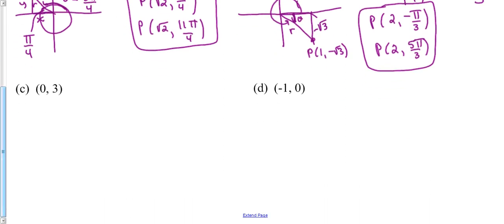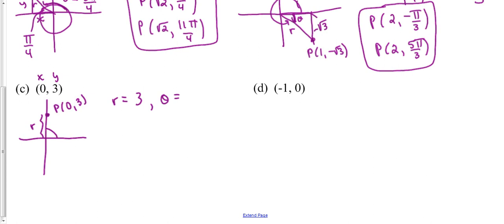All right, for part C, our x and y coordinates are 0 and 3. So when we plot this, we can see that it's going to be on the positive y-axis. And so this is going to be r, and by inspection we can see that r is going to be equal to 3, and that theta, which we measure this way, is going to be pi over 2. And so one choice for polar coordinates will be 3 comma pi over 2,